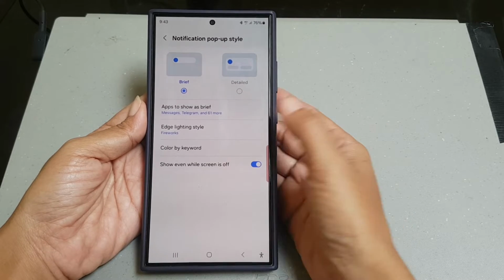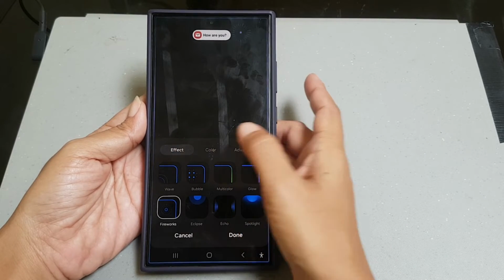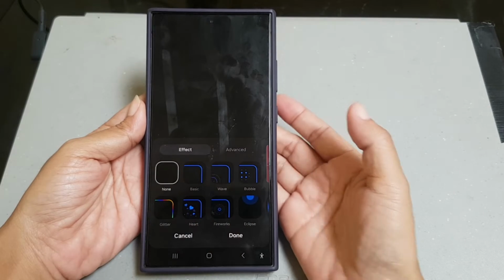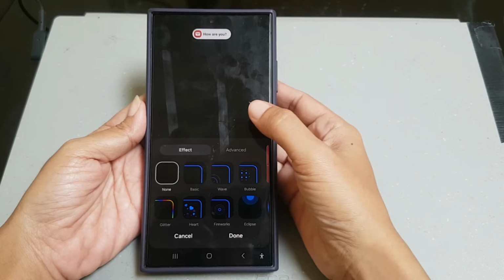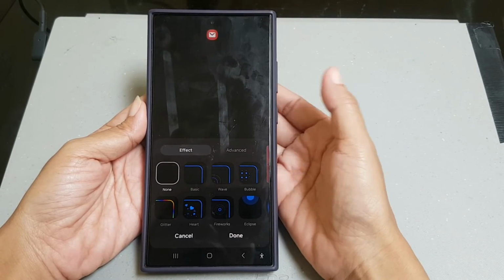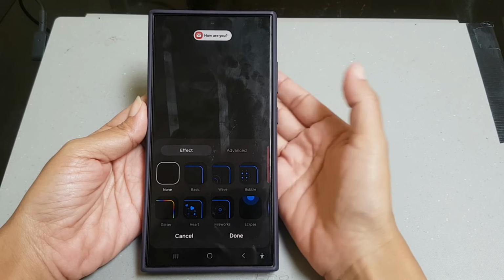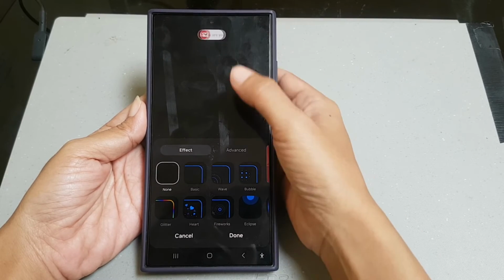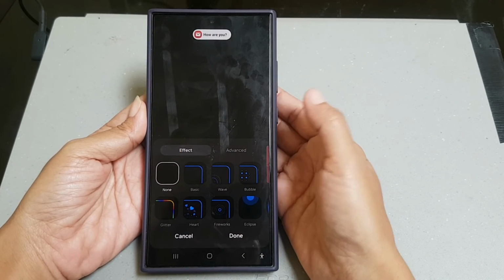Tap add lighting style. In the effect section, select none. You can see in the preview when you set the effect to none, your phone will not light up the edge of the screen and will not show any effect around the pop-up. To save the change,